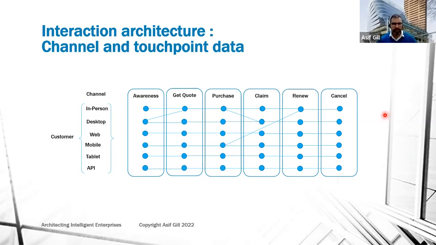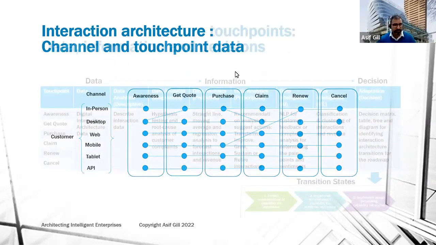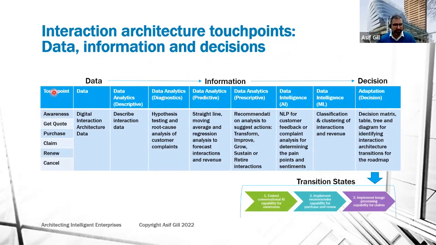Simply, you can think of your own organization's channels or capability area, and what the touch points are, where your end users, customers or employees interact. That's your starting point for picking up the channels and touch point data about the interaction architecture. Once you have those touch points, you can see on my left side the data of the digital interaction architecture. Then you can perform different kinds of analytics on that.